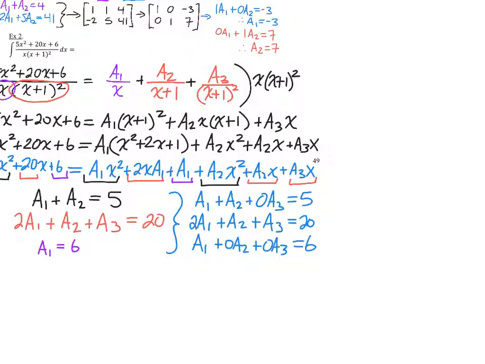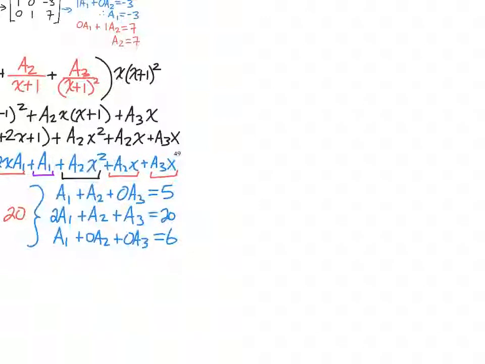Something to consider if you're on the fence as to whether this is a technique you want to use: on a test, you're not writing any of this down. I'm writing this down to teach you how to use the technique. You're going from these equations to a sub 1, 2, and 3 are equal to these numbers. You don't even have to show me how you got there. I'll be watching to make sure you're not cheating. So when you come up with a sub 1 is equal to 6, a sub 2 is equal to -1, I'll know that you used the right technique, because I would have already given you a 0 for cheating if I thought otherwise. So you just write it down